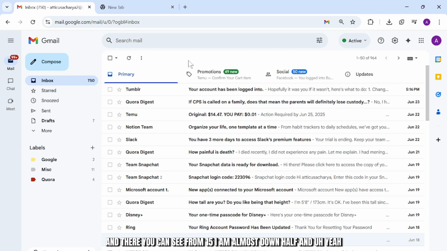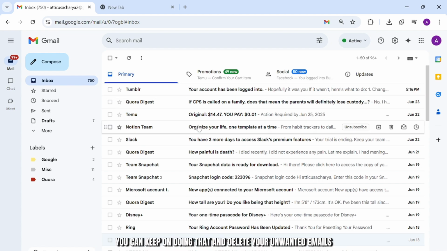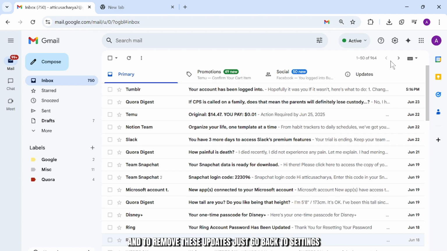And yeah, that's basically how you do this. You can keep on doing that and delete your unwanted emails. And to remove these updates, just go back to settings, user settings, and uncheck the box there, and you're good to go. And that's how you can clean up your emails